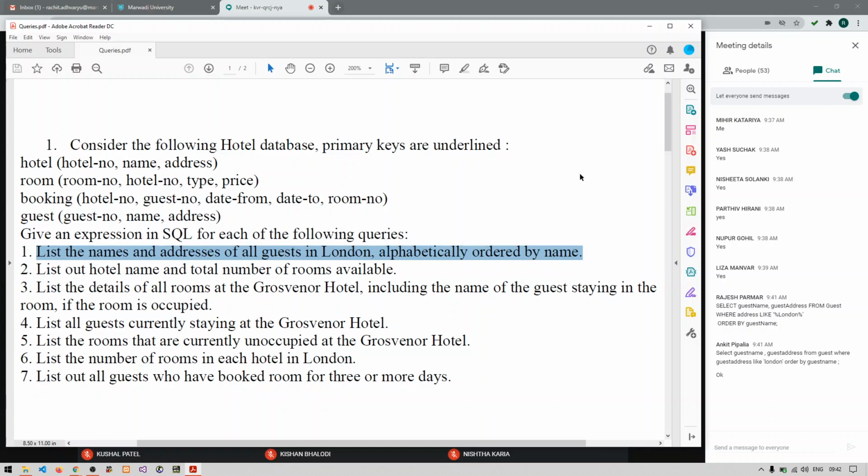Very good. Moving on to the next: list out the hotel name and total number of rooms available.